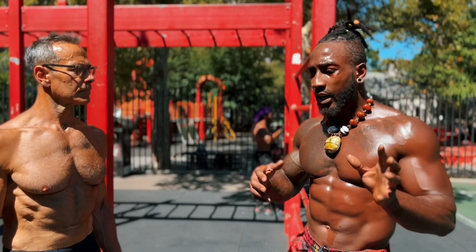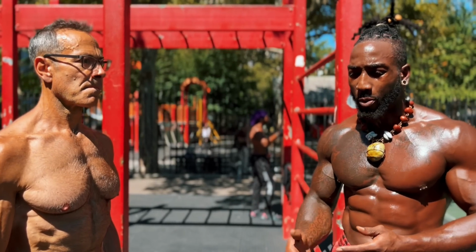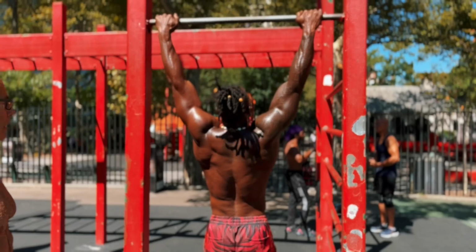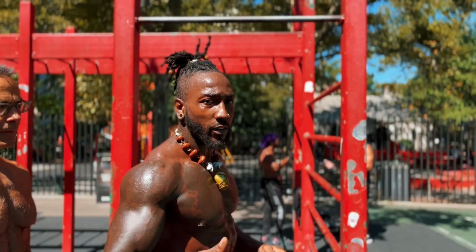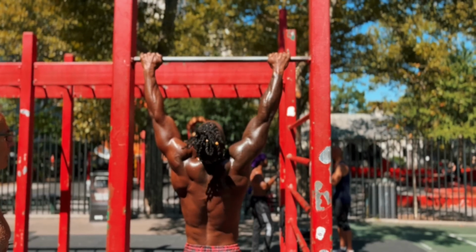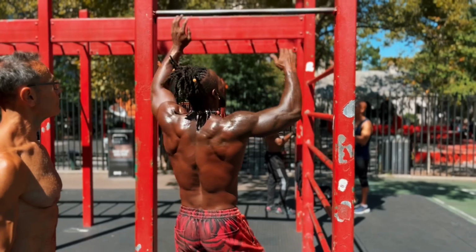But a lot of people get confused as far as what is a proper pull-up, what is a proper push-up, what is the proper form. Now, I'm going to do this from the back, so you can see. Now, I was taught that that's a proper pull-up, right? But then you can go even higher than that. Feel me? But I noticed that when I do shorties,